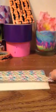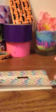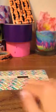Oop, I got stuck there. There are many different ways to do the middle part on this, but I'll be just using my way, and it's the easiest one for me. So let me get these finished, and then I'll show you what to do. Just place it down, snip it, fold it over, and then if you have a piece like that, which is kind of tiny, you can just take a small piece of the washi tape